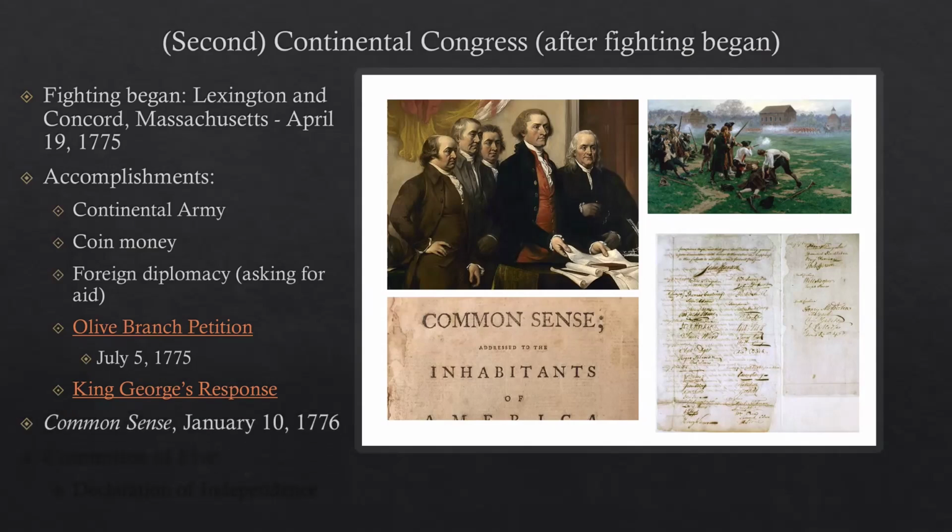One of the pivotal things that helped turn the tide of support for independence was the publication of Common Sense. There's a tiny little block here in the image that depicts what it looked like on the front cover. It was written by a man named Thomas Paine, and it was unique because of the way it was written. What he was writing about was well known. He was writing about social contract theory and natural rights and popular sovereignty, all the things that previous leaflets had been